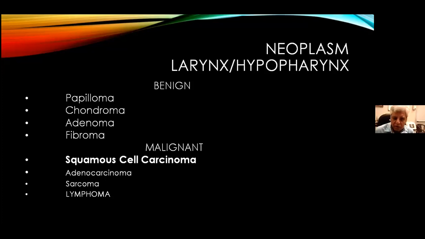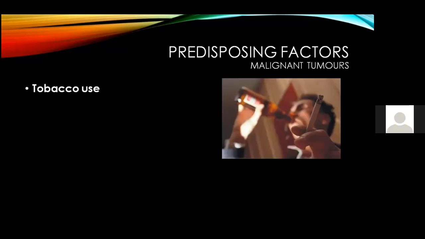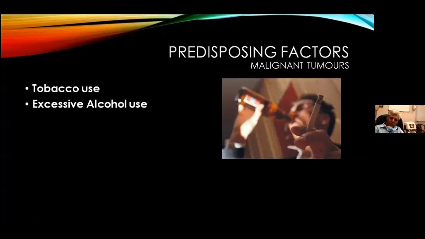Smoking. Good. Smoking is one of the causes. And what else do people keep eating on the roads? Tobacco use. Yeah. Okay. So chewing paan, smoking, as this picture shows. You can share the screen so that I can see this. As this screen is showing you, tobacco and alcohol are the commonest cause of